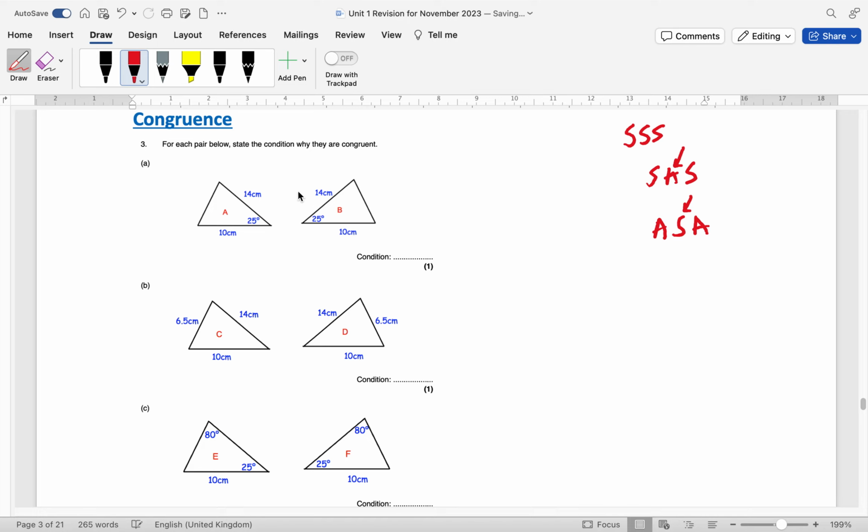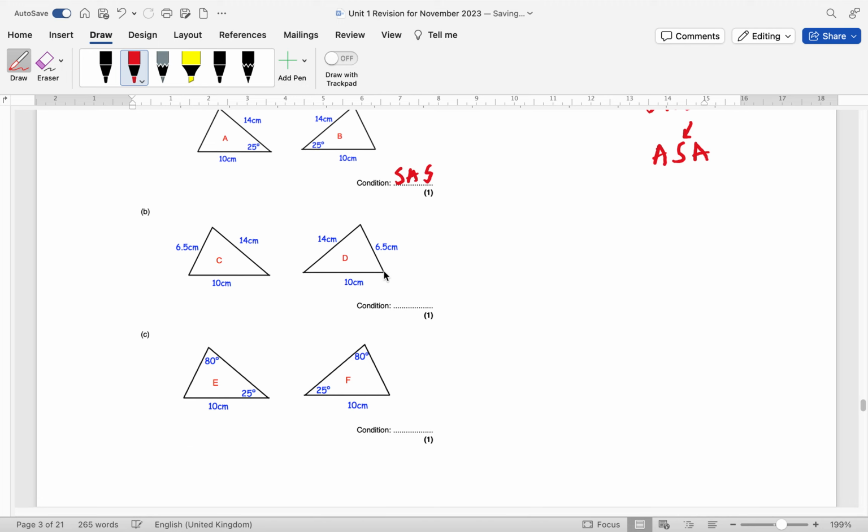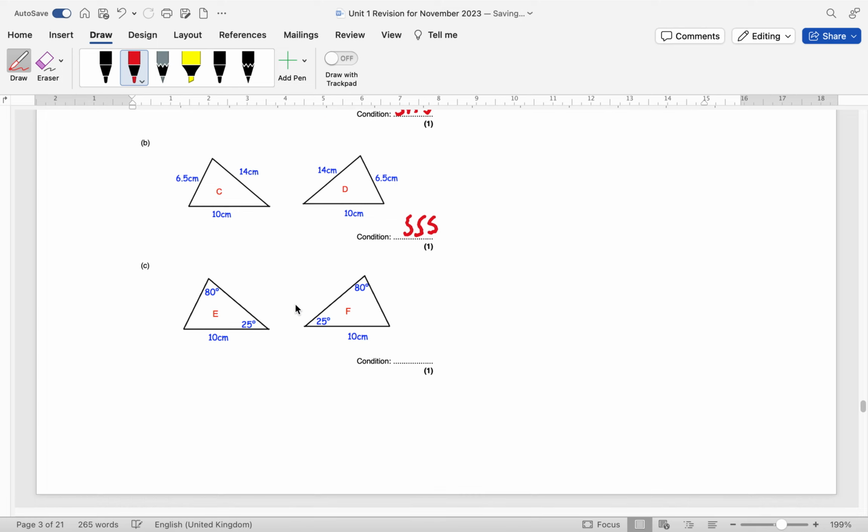So here, I've got a 14 on triangle A, which I can also see on B. I've got a 10, which I can also see on B. And importantly, 25 is between the 10 and the 14. So the condition here is side, angle, side. Here, 3 sides the same on both, side, side, side. And on here,